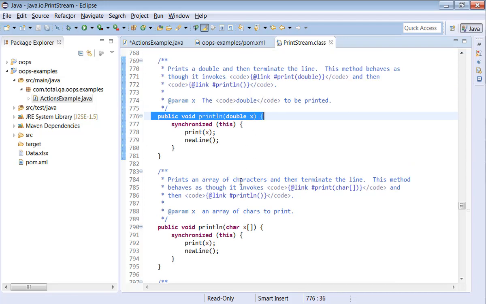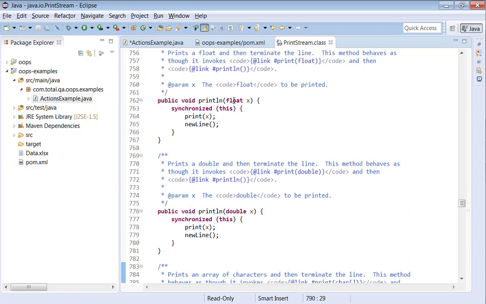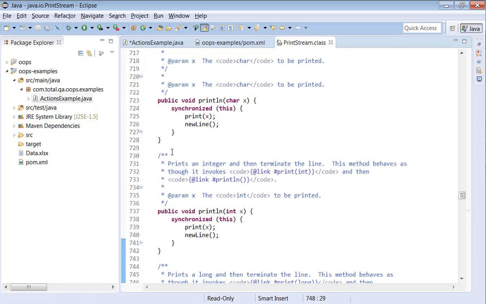It means that there are so many methods which have the same name but differ in the type. Double here, char here, float here, long. See, for every data type there is a method clearly written within the PrintStream class to access this method differently based upon the argument we pass.